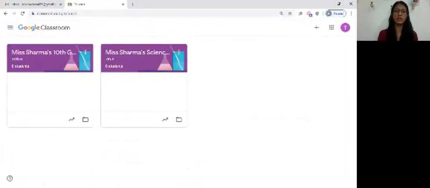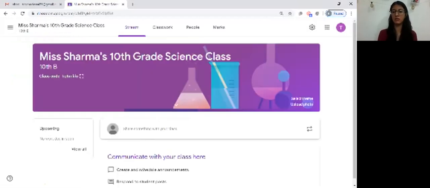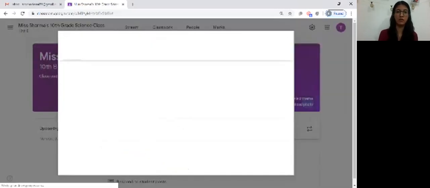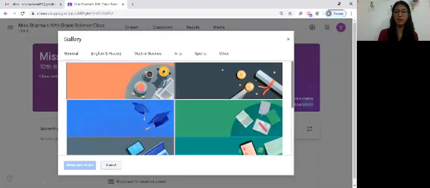Now, if you see, the theme of both of my classes are the same. You can see this purple image over here. Now, just for identification purpose, for myself, I will try to change the theme of one of the classes just so that I can differentiate between my classes and not get confused. Now you can make it fun.